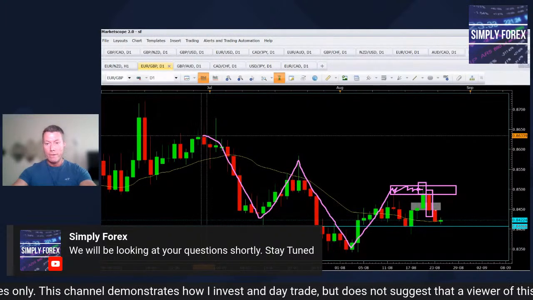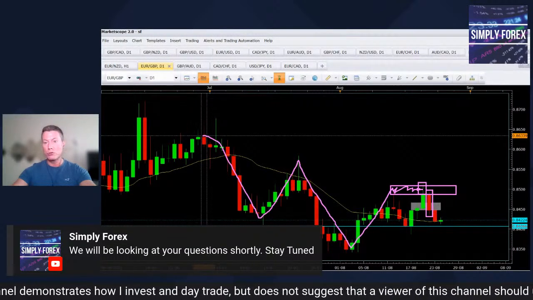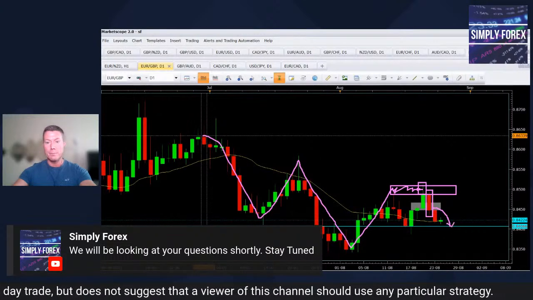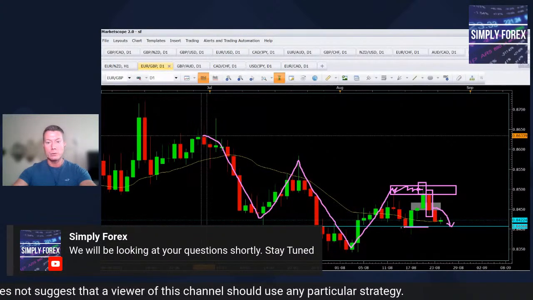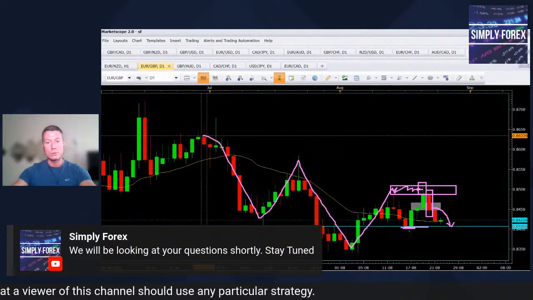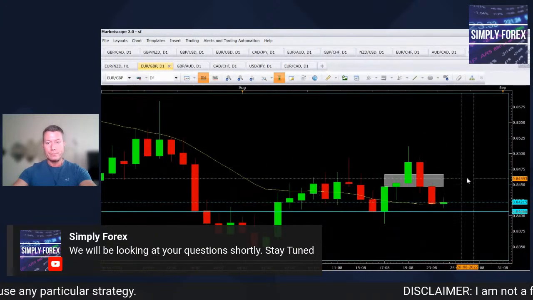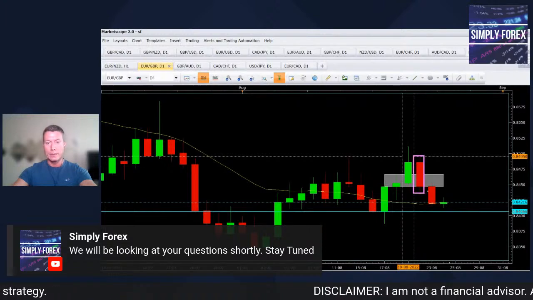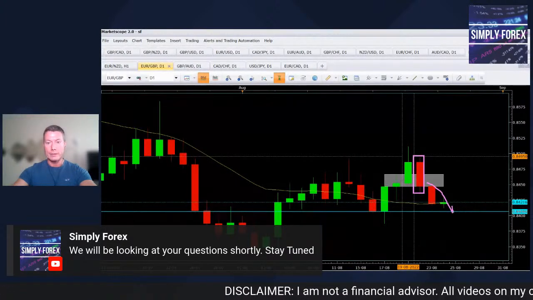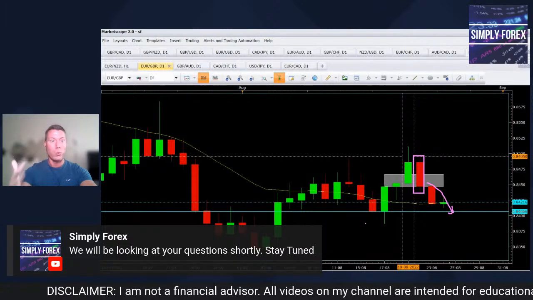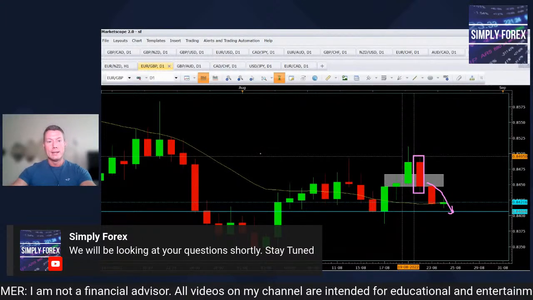All right, so for all of those reasons, we were just trying to come from our grey zone back down to this blue line here, which is the last lows from this daily candle, this daily low here. Okay, so yeah, this candle here, and then we're just trying to take it back down to here. All right, guys, so that's our reason why. That's why we were trying to short it.